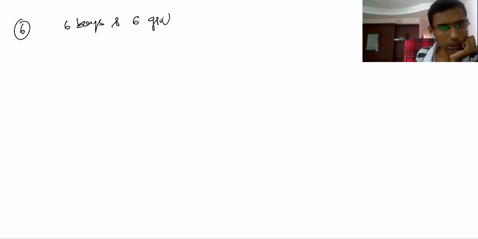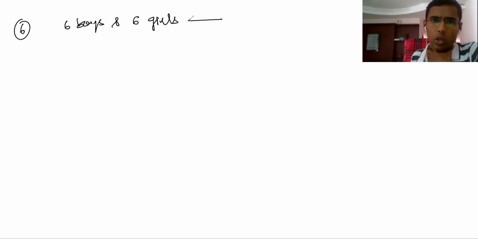Now you see. Find the number of ways of arranging 6 boys and 6 girls in a row so that all the girls are together, no 2 girls are together, boys and girls come alternately. Now let's see this example. So that is the 6th problem. Here 6 boys and 6 girls. You have to arrange them in a row. How many ways can you arrange? Total 12 members can be arranged in 12 factorial ways.